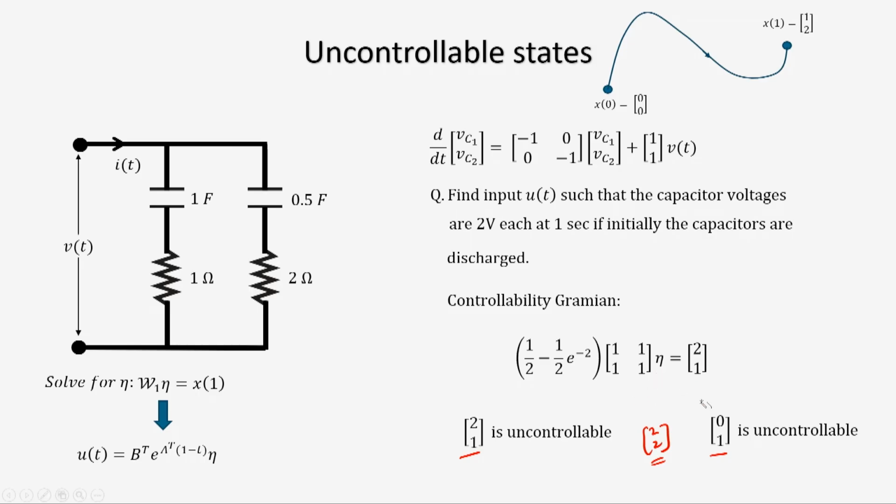So, the point that I am trying to make is that if you take two uncontrollable states, it is possible that even when you add them up, you can get a controllable state. However, remember, if you have two controllable states, you know that the controllable states are from image of CAB. That means, what is image of CAB? Image of CAB is a subspace, it is a vector space, right. The controllable states are in that vector space.